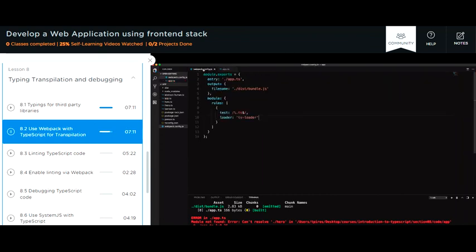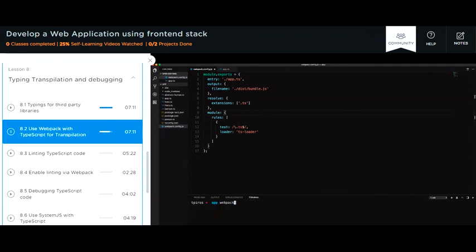We could have done this, but then TypeScript prefers us to import files without their extension. So the way to solve this is that we need to go back to our Webpack file, and we need to tell Webpack to automatically resolve files with an extension. And in order to do that, we need to add a resolve property here that has an extensions array, and we specify .ts. So now Webpack will automatically resolve all the references in our application code with a .ts extension. So if we save this and rerun Webpack again,